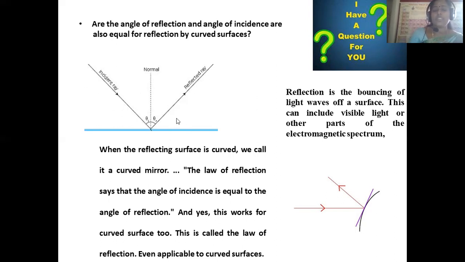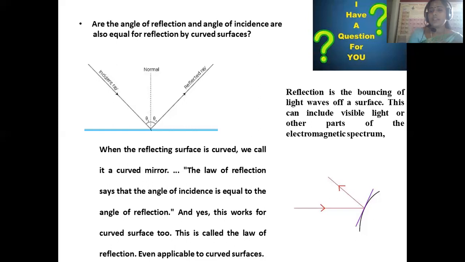Incident light and reflected light, just now we discussed. So incident light falling on the surface with a certain angle, whatever angle is there, that exactly equals the reflected angle. So here is the hypothetical line called the normal, and the angle of incident light and the angle of reflected light are both exactly equal. This is for a normal, flat, plane surface. But the question is, are the angle of reflection and angle of incidence equal for a curved surface? So this is equal on the plane surface. It is very clear to us. Now we have to observe on the curved surface whether it is correct or not, right?